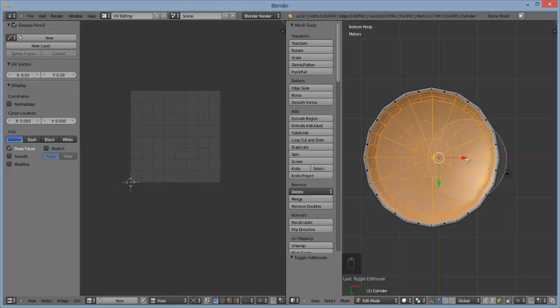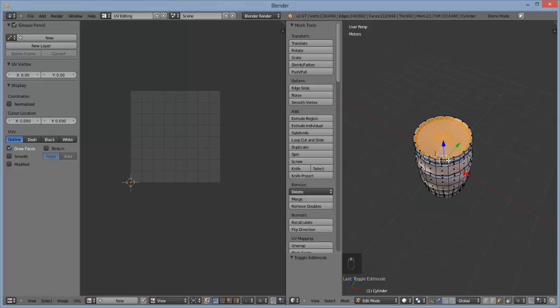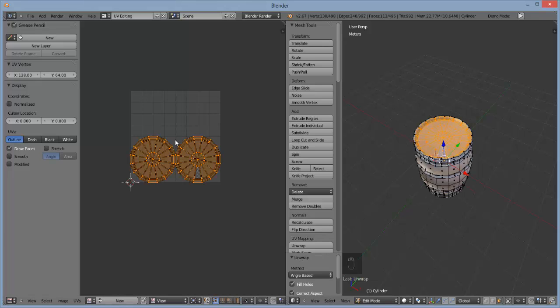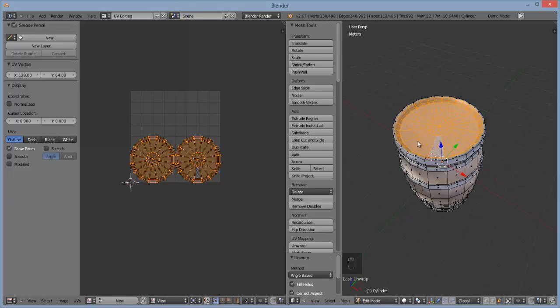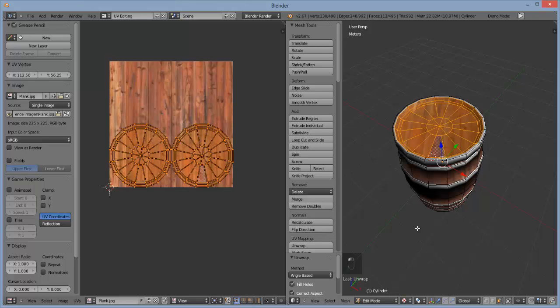Make sure you have all the faces selected, and now we can press U to unwrap, and you can see it has unwrapped them as circular objects, which is exactly what they are. And now we can select the texture from here, and we can go back to texture viewport shading,